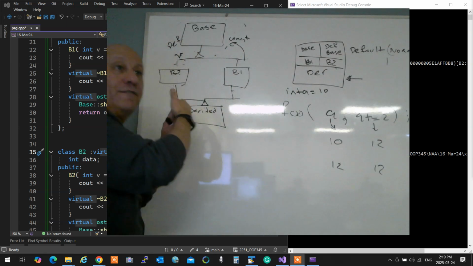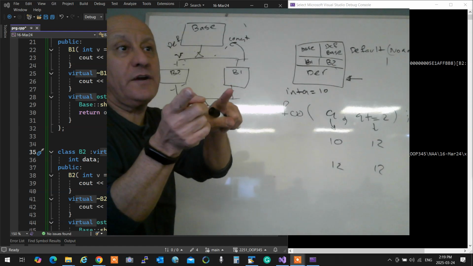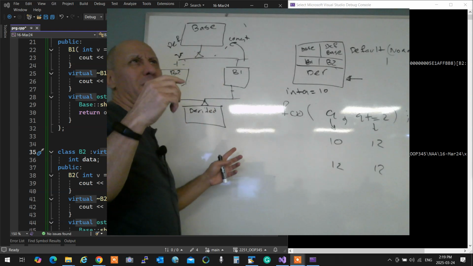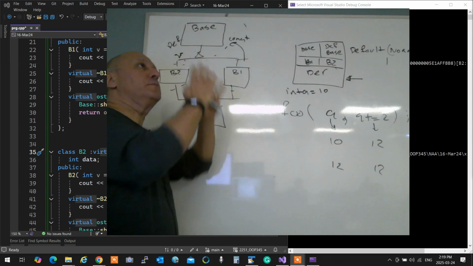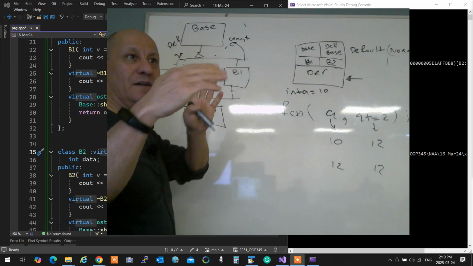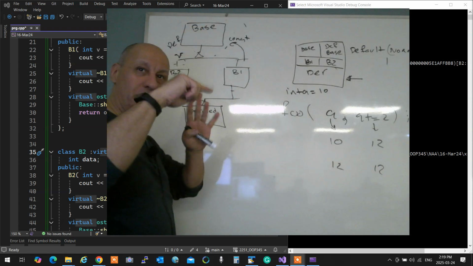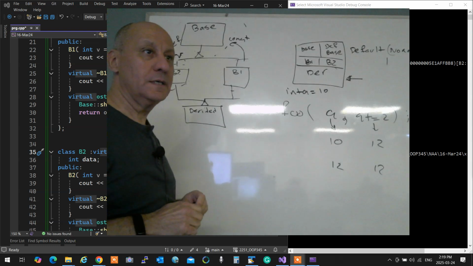So if you have 4 different things inherited, and you want 2 of them to share a base and 2 of them don't, then you cannot do it like that. You can have several of them share and the other one don't. You cannot have 2 of them with 1 base and 2 of them with 1 base, because all those who are virtual will overlap. Okay?